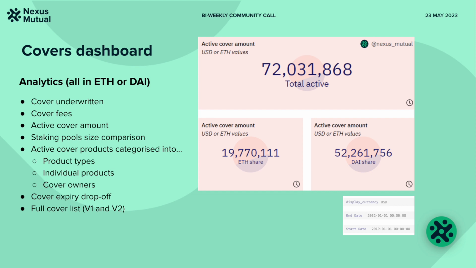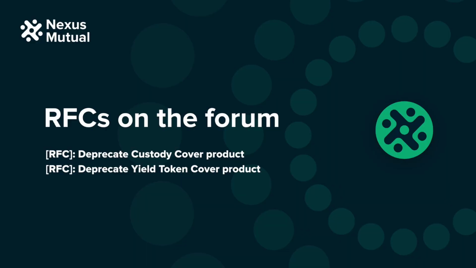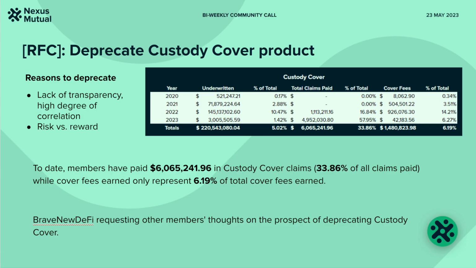I'll move on and talk about some of the RFCs on the forum. There's a couple requests for comments on the forum. And the first one I'll talk about is the RFC asking members for their thoughts on deprecating custody cover. So custody cover was first launched in December of 2020. The aim of this product was to protect people against risks